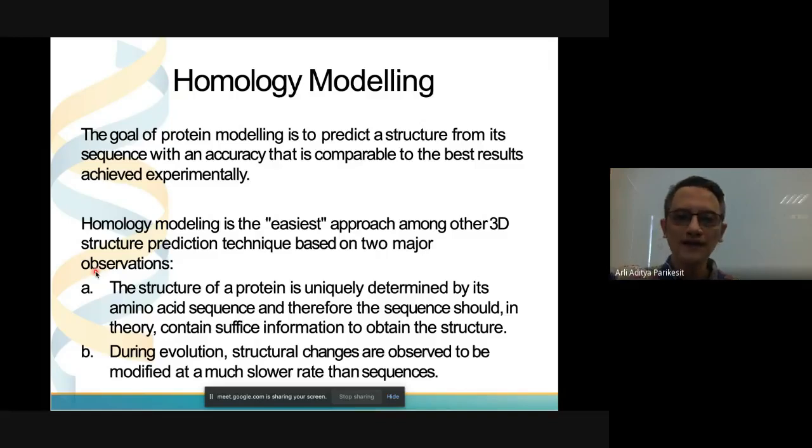You compare your query with the template in the database, and when it matches, the structure of the query will be identical or similar to the structure of the template. That is so simple. That is the explanation of this whole thing.